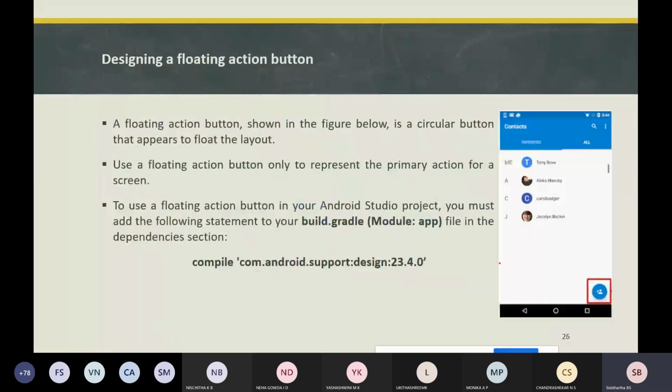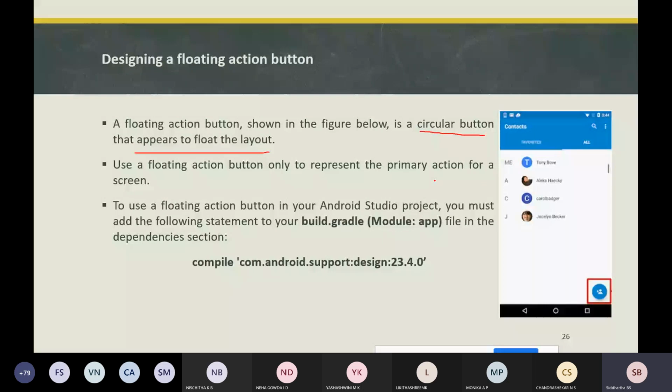How to design a floating action button? Okay, so a floating action button is a circular button that appears to float over the layout. For example, you have seen in your contacts, if you want to create a new contact, some applications look like this, right?